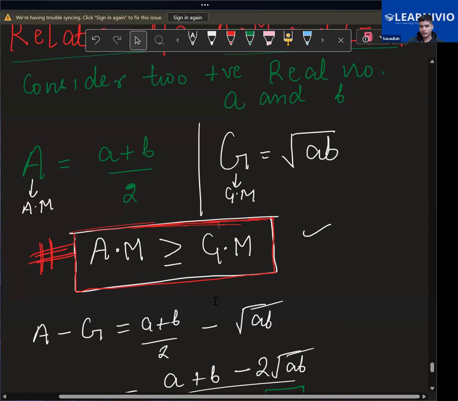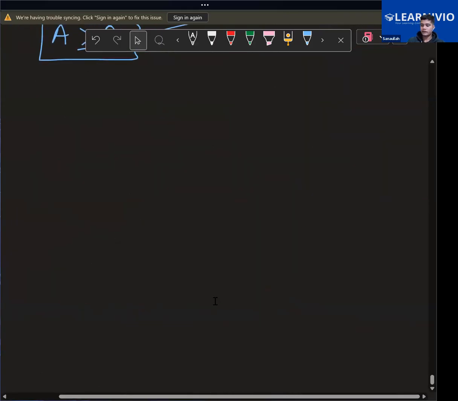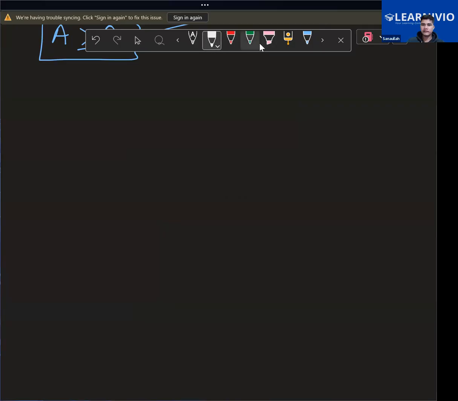Okay. So now let's take one question quickly. Example number 13. It says if the arithmetic mean and geometric mean of two positive real numbers a and b are 10 and 8. That means we are given arithmetic mean equals to what? 10, and geometric mean equals to